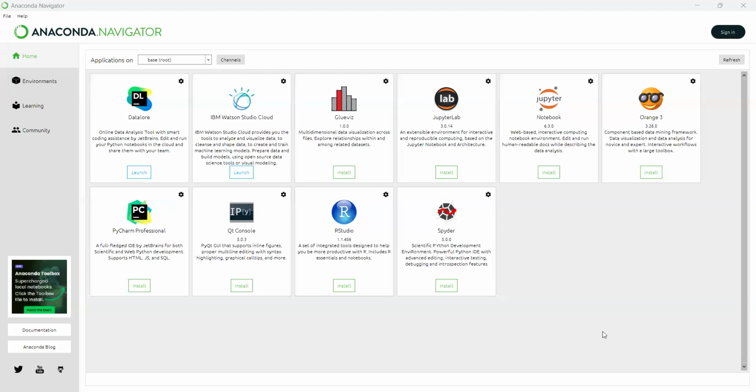So I'll share the screen now. So this is how it looks. Once you download, 1, 2, 3, 4, 5, 6, 7, 8, 9, 10. So there are 10 different IDEs. IDEs are nothing but integrated development environments. You can see Datalore, IBM, then JupyterLab, Jupyter Notebook, Orange, PyCharm, Qt Console, RStudio, Spyder. So there are so many different IDEs available. One such IDE is Jupyter Notebook, which we need to install.